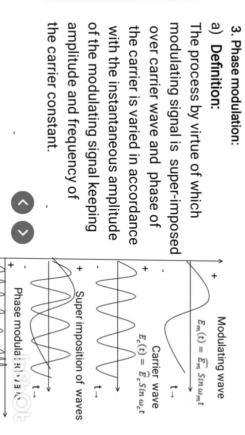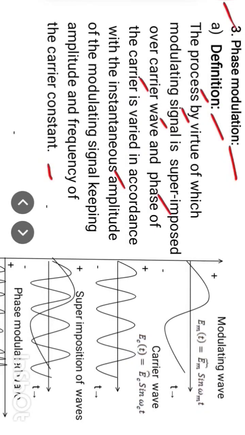Now we come to the third type of modulation in analog communication system, that is phase modulation. Now let us define phase modulation. Definition: the process by virtue of which modulating signal is superimposed over carrier wave and phase of the carrier is varied in accordance with the instantaneous amplitude of modulating signal, keeping amplitude and frequency of the carrier constant, is defined